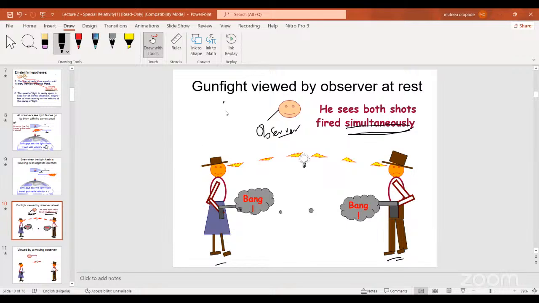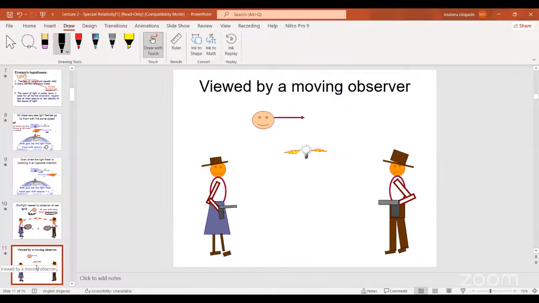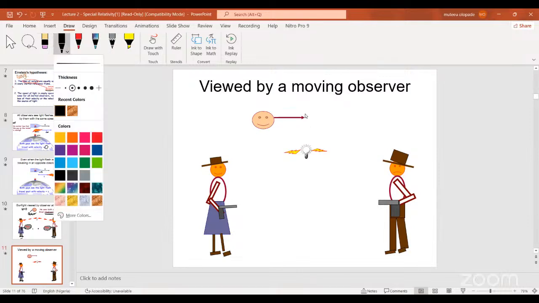Why? Because he is what? He's stationary. A stationary observer will see both of them shooting at the same time. Now let's observe if he is moving. What happens? What will be his observation? Viewed by a moving observer, you can see he's moving in this direction. So definitely, he has a speed